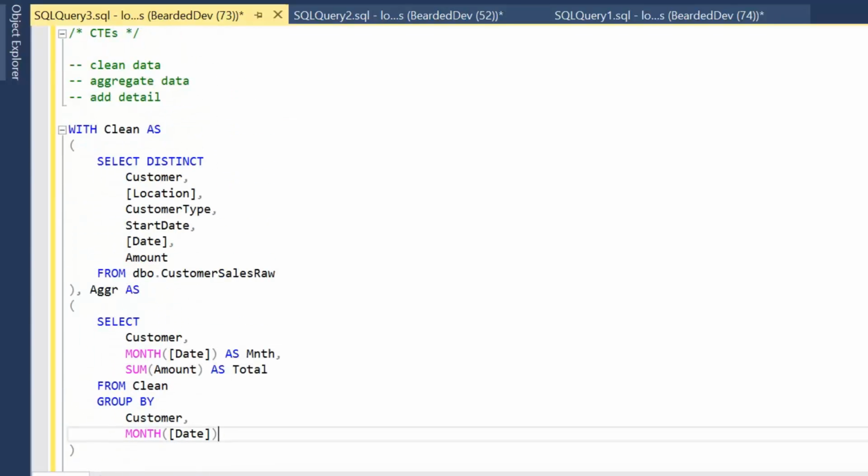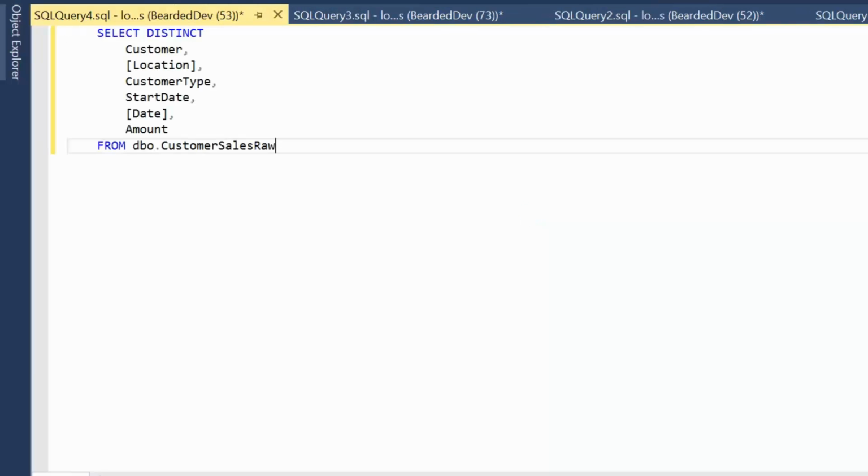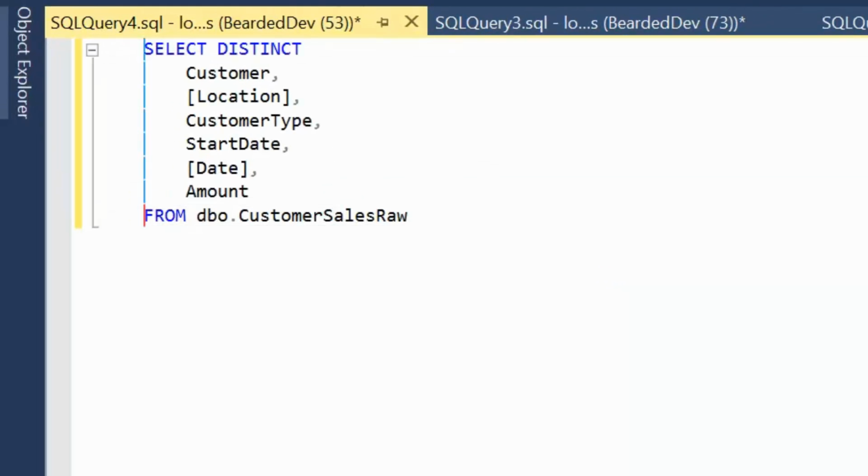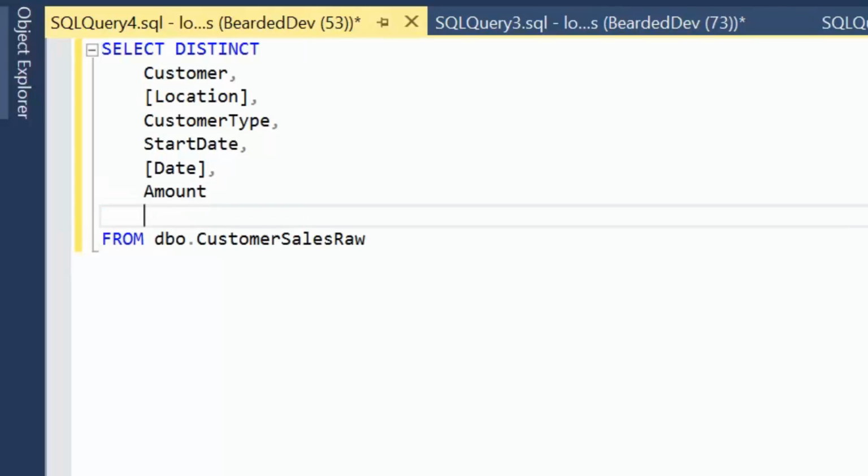Now the other thing we can move on to, and the other major benefit of CTEs, so the first being readability of CTEs. The second is actually when we need to refer to the same CTE or derived table multiple times. So we'll go through another example of that now, and I'm going to shortcut the process just to make that simpler. So I'm just going to drop this data into a table for us to,